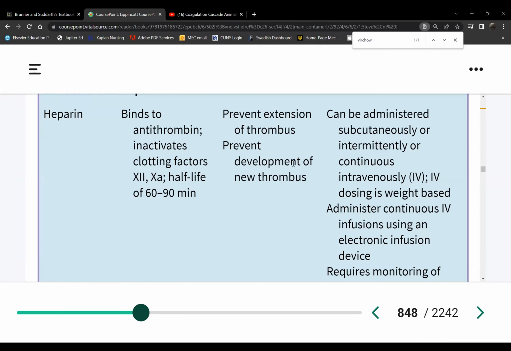So is it also a good choice? Let's say this patient will require surgery. Can we use heparin? No. No, they need surgery, but they also need anticoagulation. Can we use this? Look at the half-life, only 60 to 90 minutes. Can I stop it 1 hour before surgery and then cut them? Yes. Okay, so very good choice, right?